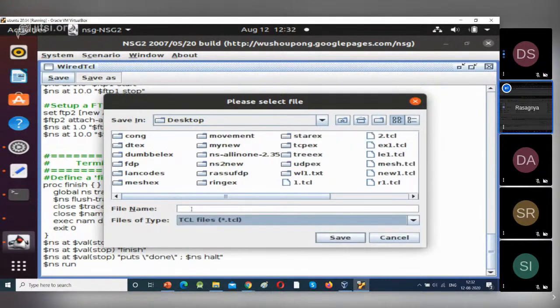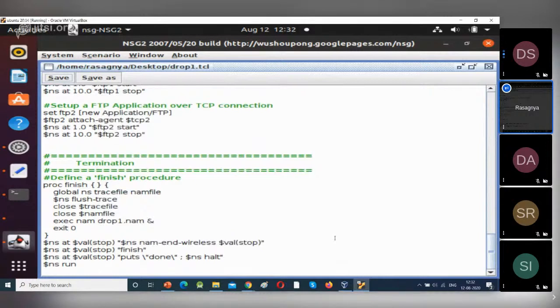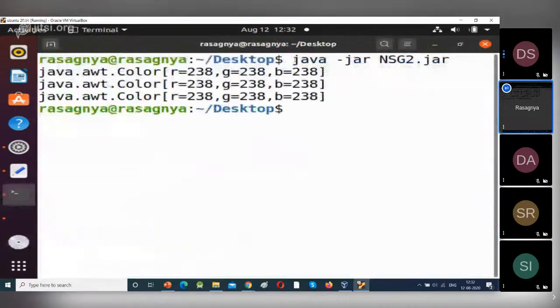Now give file name, that is drop 1. So give drop 1. Now click on save. Now go to system and exit. Now we will execute this TCL script. The command is ns space drop 1 dot tcl.